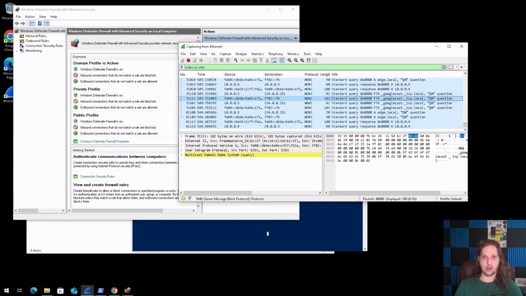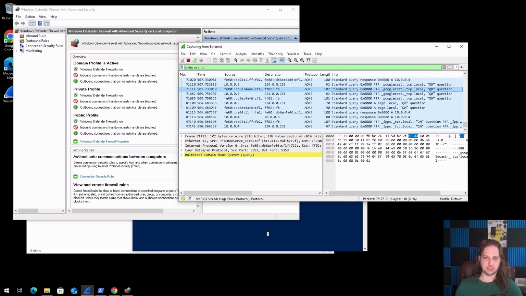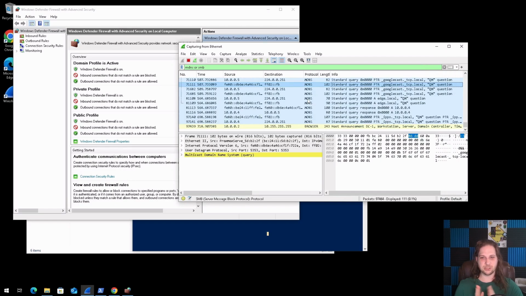This is where mDNS gets a little more complicated. There are legitimate use cases for mDNS, and you'll probably think of it as your Chromecast. You can use mDNS for service discovery. And some of the really cool things that I've seen used with this are projectors or conference room equipment that doesn't need to be plugged in directly and uses mDNS to go find it. Except we don't want mDNS on the network because it is a legitimate security threat.